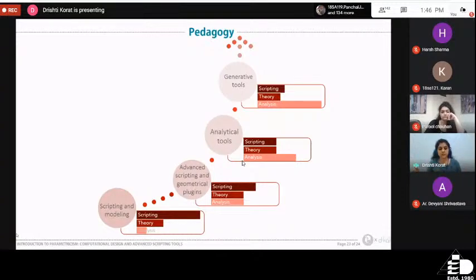And moving on to the second part, that will be about advanced scripting. So we start learning how to make really complex forms, and we have various geometrical plugins that can help us rationalize them, or make truss structures, or make these super fancy forms. So there'll be some more focus on scripting. We'll also look at more theories of this process, and we'll start exploring the analysis bit, where we can look at, for example,